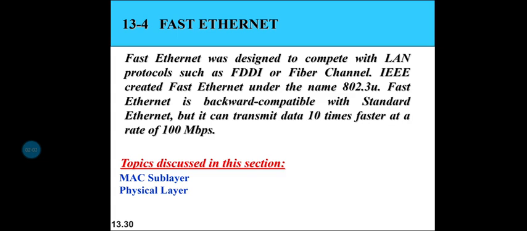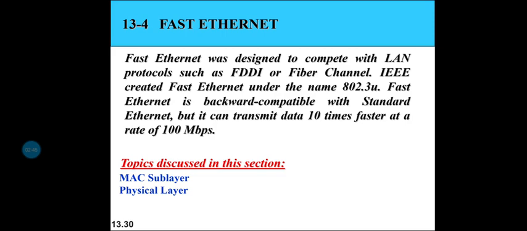The topics discussed here in fast Ethernet are the MAC sublayer as well as the physical layer. The main consideration in the evolution of Ethernet from 10 to 100 Mbps was to keep the MAC sublayer untouched, which means instead of using a bus topology, we retain the same star topology. With star topology, we have seen two kinds of approaches: half duplex and full duplex. In half duplex, the stations are connected via a hub, and in full duplex, the connection is made via a switch with a buffer at each port.